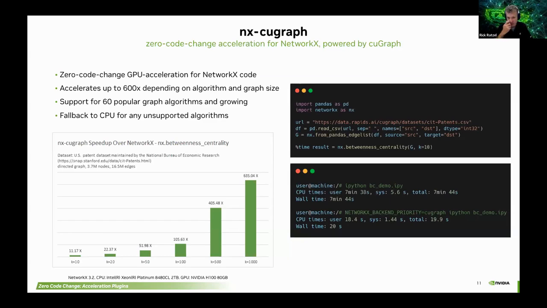But betweenness centrality, as you know, is an approximation algorithm that uses a certain fixed number of shortest paths to find the betweenness centrality scores. If you increase that number with that K value, you can see just how much speed up you can get. Of course, the higher the number, the more accurate the results. And this is where GPUs really shine, because the parallelism allows us to scale to high values of K without much impact at all, resulting, in the case of this workstation I was on, in over 600x